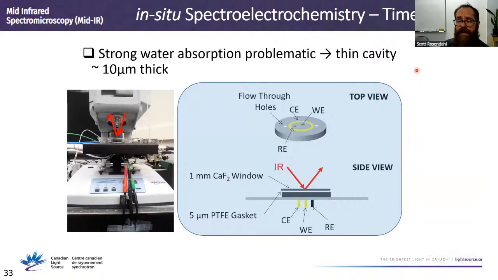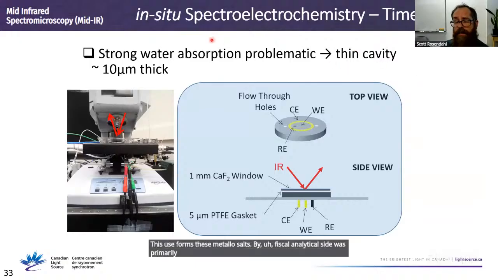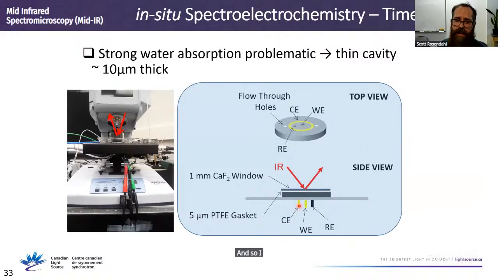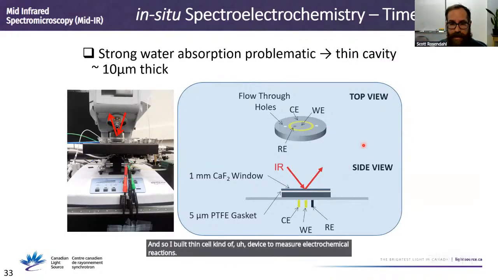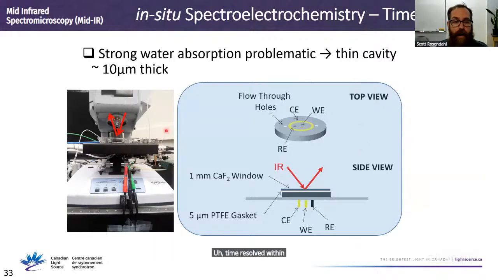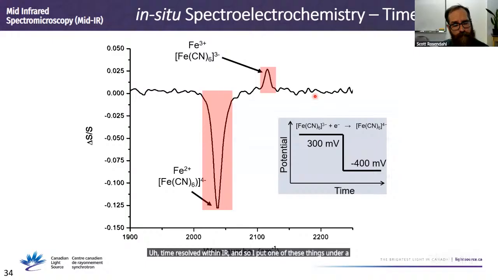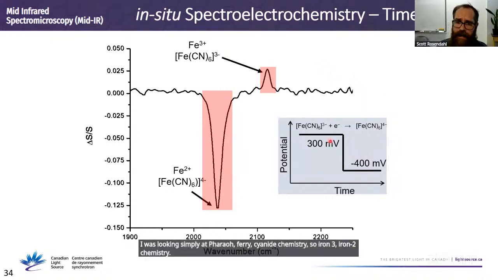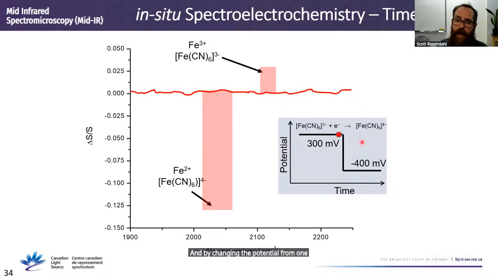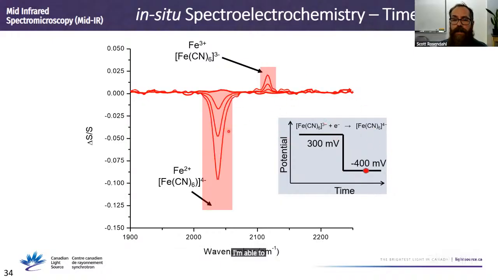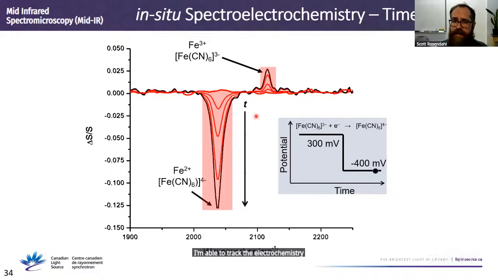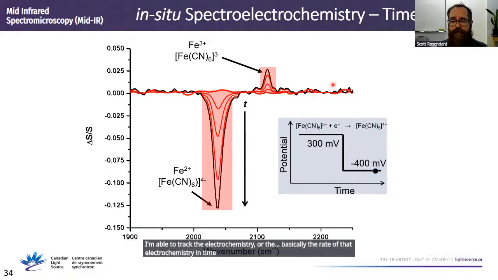My physical analytical side was primarily looking at incorporating spectroelectrochemistry, so electrochemistry in situ. And so I built a thin cell kind of device to measure electrochemical reactions, time resolved within IR. And so I put one of these things under a microscope. I was looking simply at ferrocyanide chemistry, so iron 3, iron 2 chemistry. And by changing the potential from one side to the other, I'm able to track the electrochemistry, or basically the rate of that electrochemistry in time in the infrared,